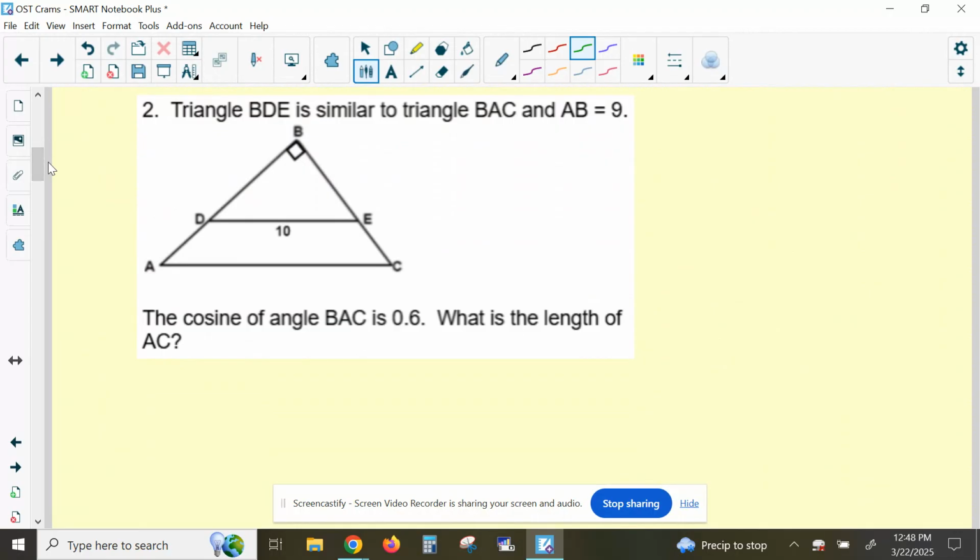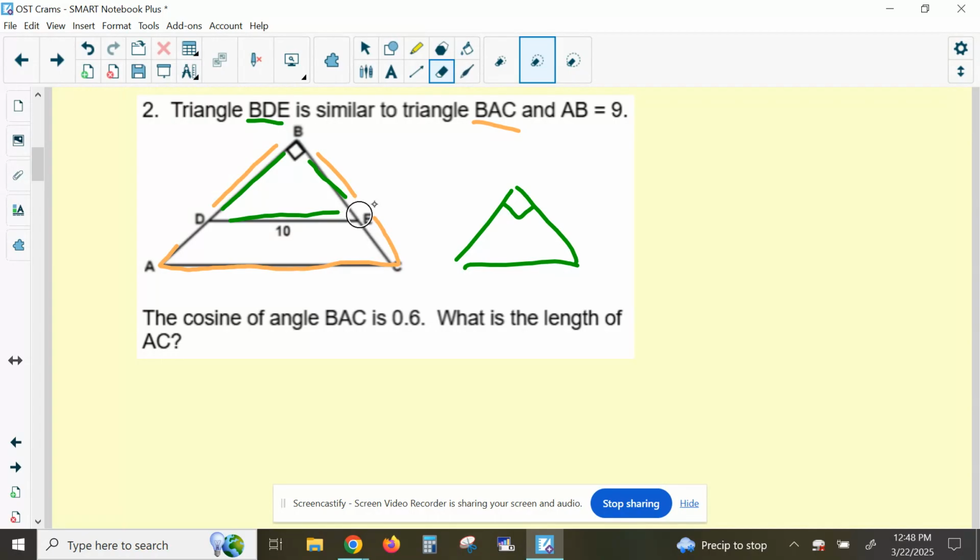Number 2, we have triangle BDE. So I'm going to color this one. B to D to E is similar to triangle BAC, B to A to C. Okay, I'm going to draw these separate from each other in 2 different colors. So remember, have your colored pencils at your OST. Draw separately. See, this is why I draw them separate. Triangle B, D, E, and it looks like that 10 is on the bottom, is similar to,